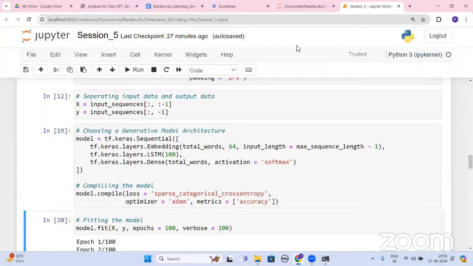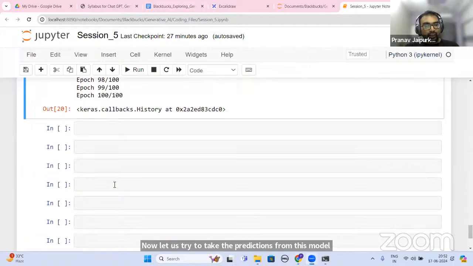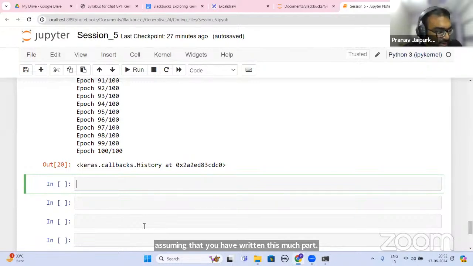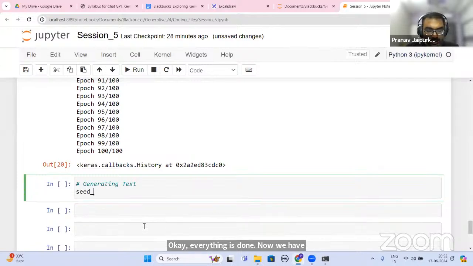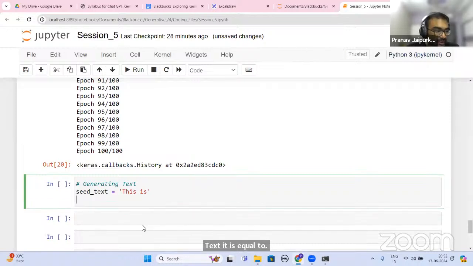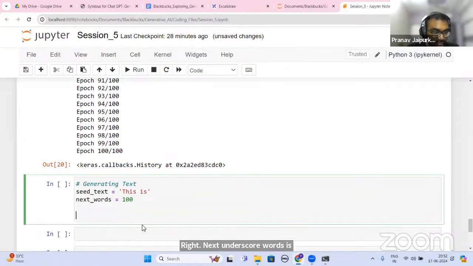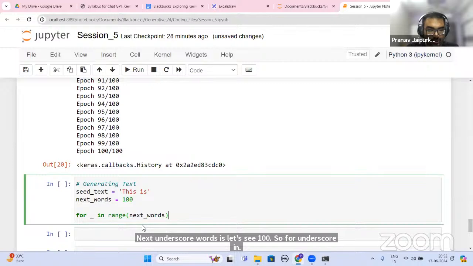Now let us try to take the predictions from this model, assuming that you have written this much part. There are 100 epochs. Okay, everything is done. Now we are generating text, right? So seed_text is equal to "this is". Next_words is, let's say, 100. So for _ in range(next_words):